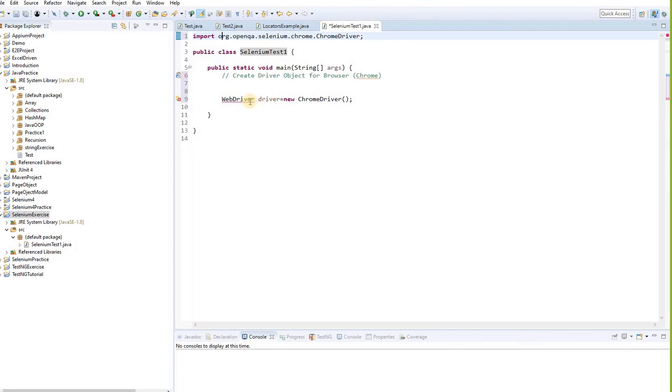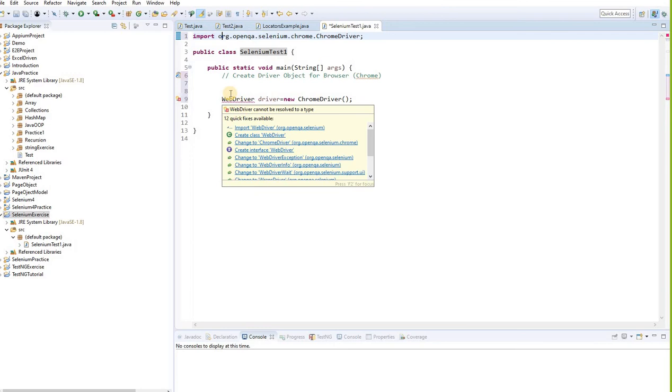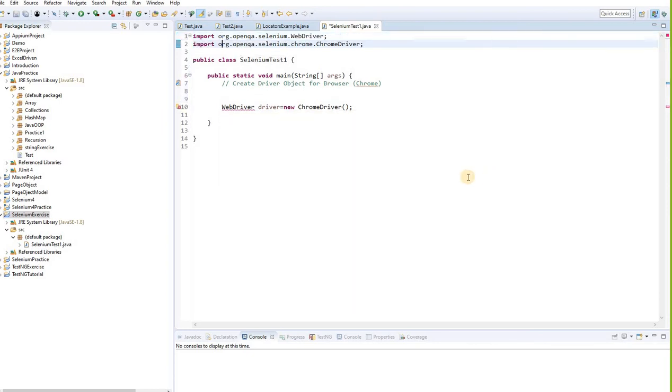Okay, similarly WebDriver, import the WebDriver. You can see the WebDriver, same thing, import the package related to the WebDriver. So now we have 2 packages imported automatically. Now all the errors are gone, right? So the errors are gone. Now